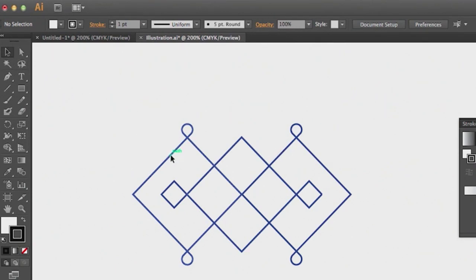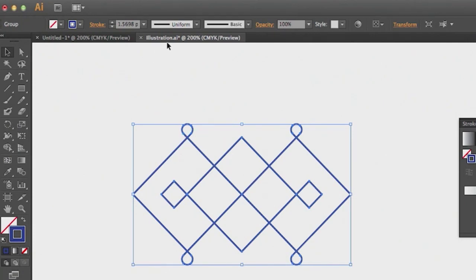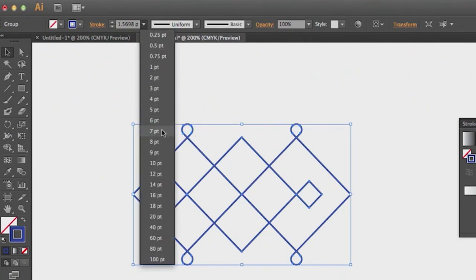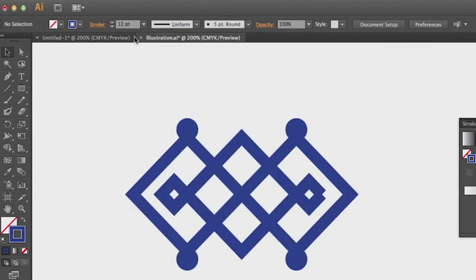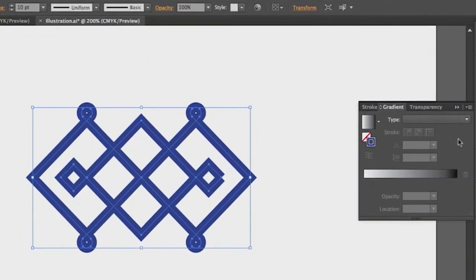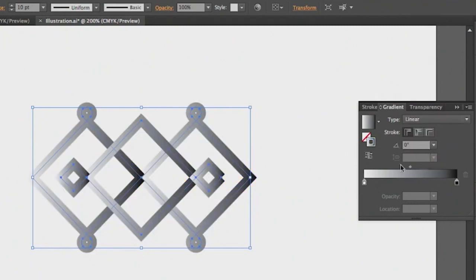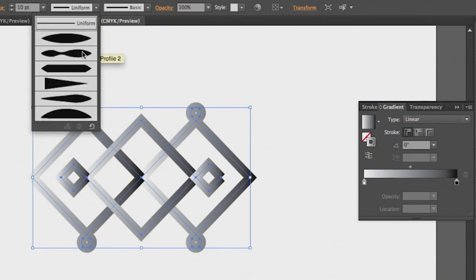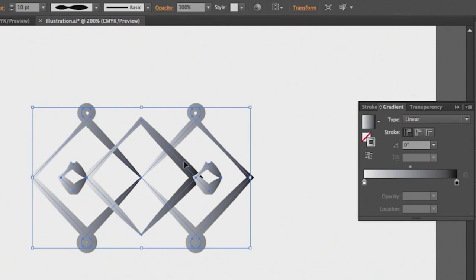So for example, I have an illustration here that was nicely drawn. And what I'm going to do is just simply increase the stroke weight, the size of the lines. Let's go to about 10 points there. We'll now switch over to the gradient tool. And with the gradient tool selected and the object selected, we'll just tell it that it has a linear gradient. Now you'll notice it's going from white to black, and it's kind of doing this new Illustrator CS6 thing where it actually gives me a gradient stroke all the way around it. I can even apply a variable width pattern to that, so that I get variable width gradient strokes. And of course I can